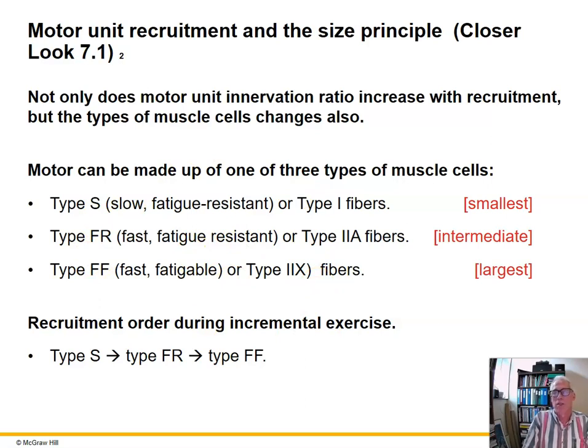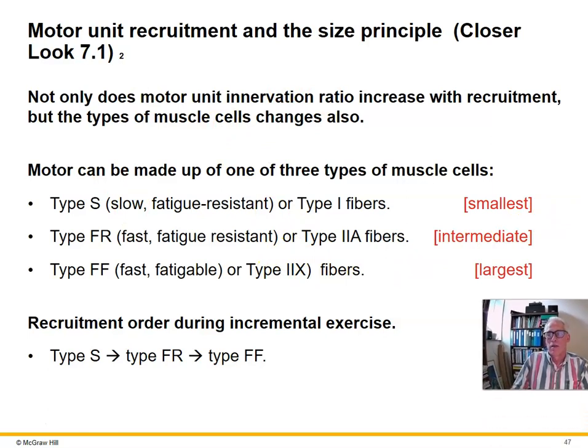The other extreme is type 2X fibers that are anaerobic. They have few mitochondria. They're big, fast, and strong. They produce a lot of specific tension, and they contract more quickly. So that is a wonderful thing to discover, because it shows that as we recruit more and more motor units,